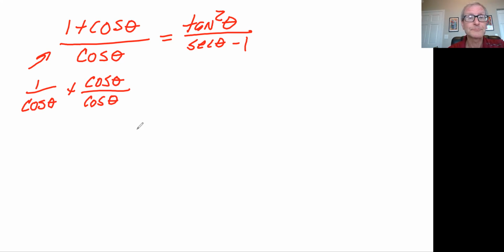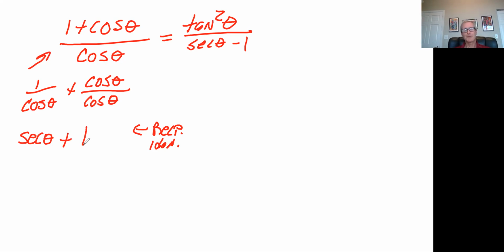So this is the reciprocal identity. And so that would be secant of theta. And cosine over cosine would be +1. And so maybe we can make the other side look that way too. So what would be the strategy on that one? Well, let's take a look. And this is good because we haven't used this identity again. If we use the Pythagorean identity,